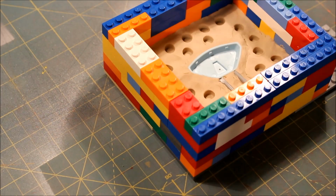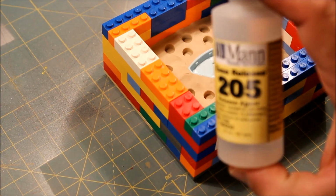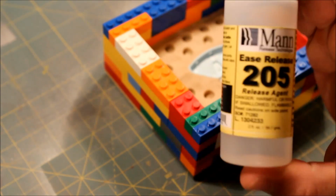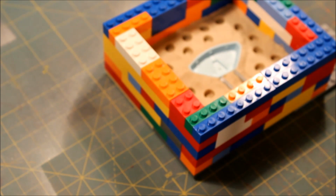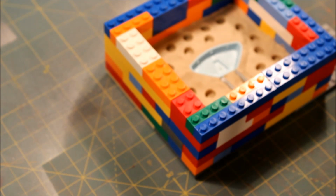So the first thing we got to do is use the ease release. So we'll set this up, uncap it, unbottle it, and get our little